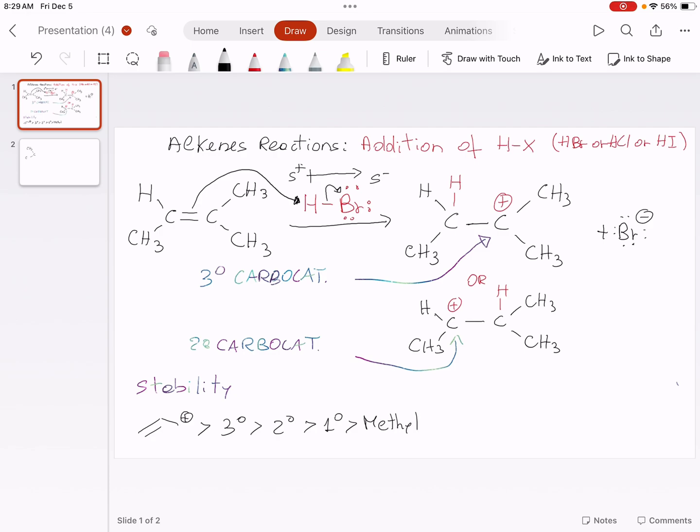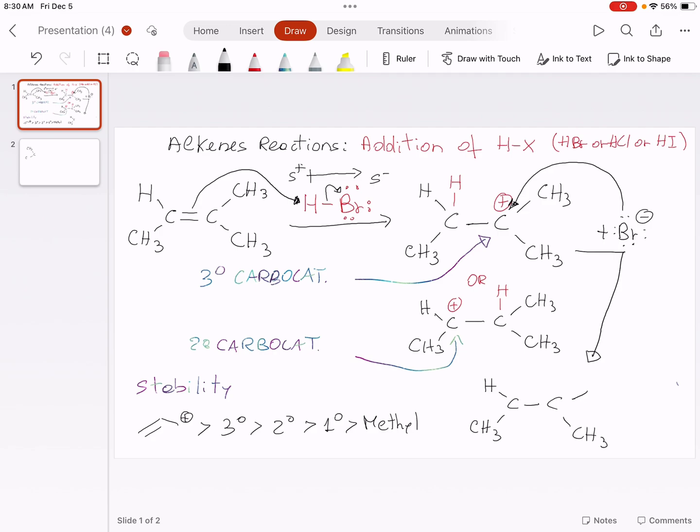The next step of the reaction is dictated basically by which carbocation is more stable. In this case, the tertiary is more stable, so that is the one that is going to give us the major product, where the halogen attacks that carbon. And basically it is the one that gives us the major product. So the major product is going to be the so-called Markovnikov product,